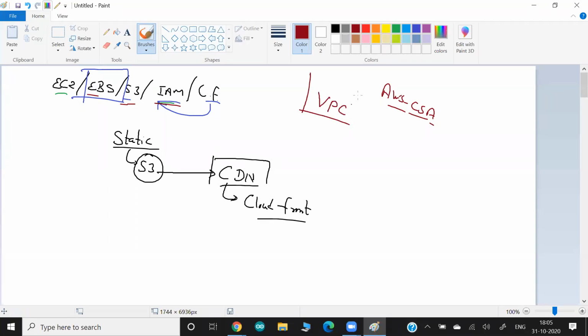A very, very important topic, a very core topic of any cloud. But for VPC, you should have some basic knowledge of networking. Maybe you know what an IP address is, what a router is, what switches are, what a netmask is, and other things. But if you don't know what an IP address, netmask, DNS, router or switches are,